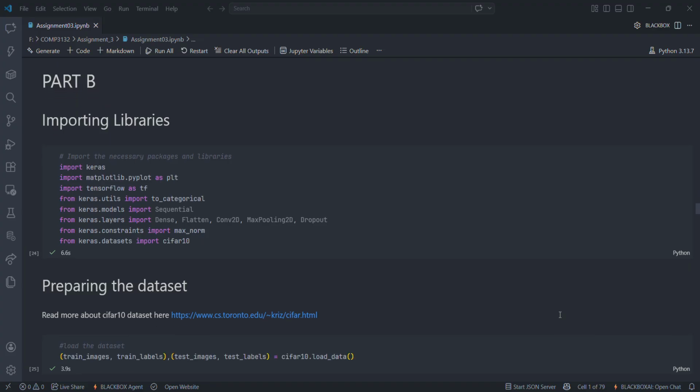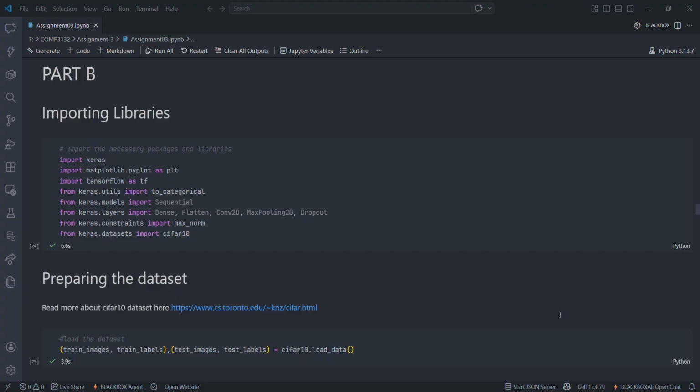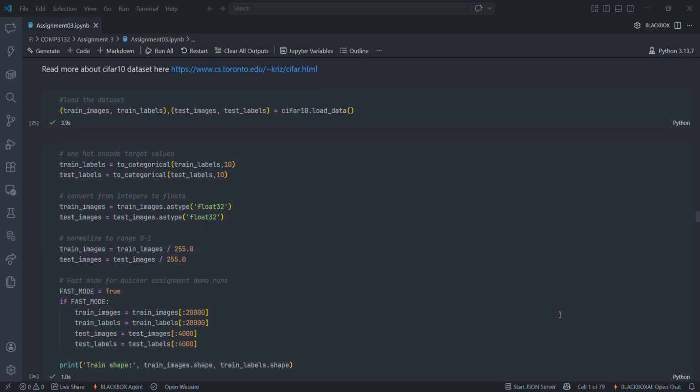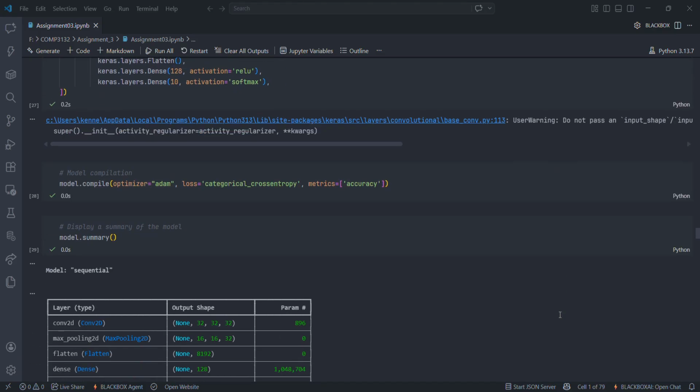I prepared the Fashion MNIST dataset by normalizing image values to the 0 to 1 range and one-hot encoding the label. The original model is a standard sequential CNN made of convolution and pooling layers, then flatten and dense layers for classification. For question number 3,